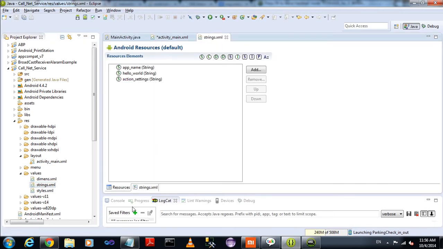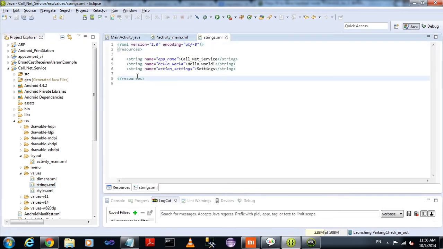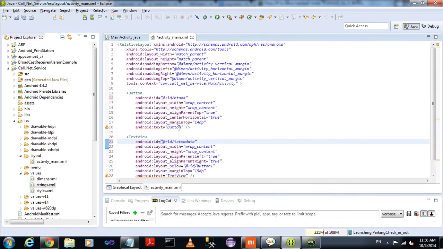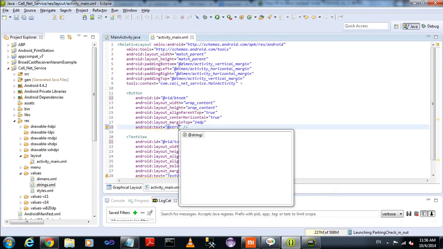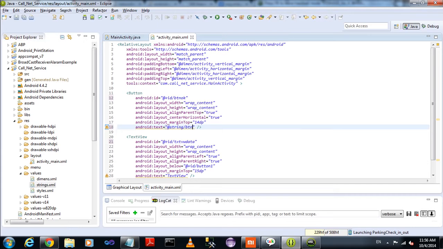Now go to the string file in the values folder and add one string for the button text, btn. Then in the designing XML file, for the text, call the string file with the string name btn.